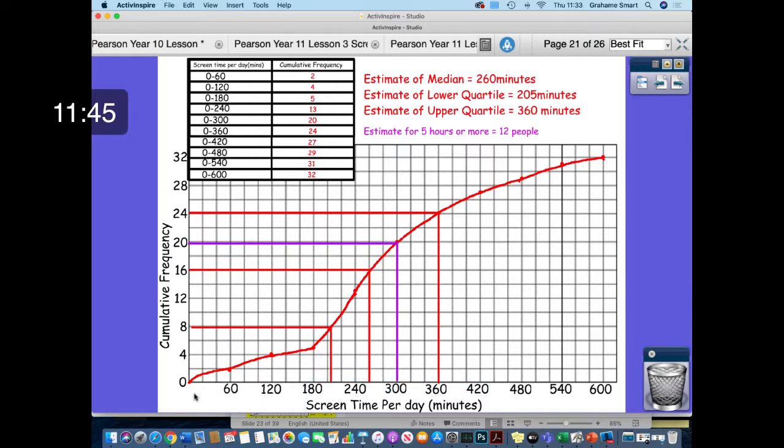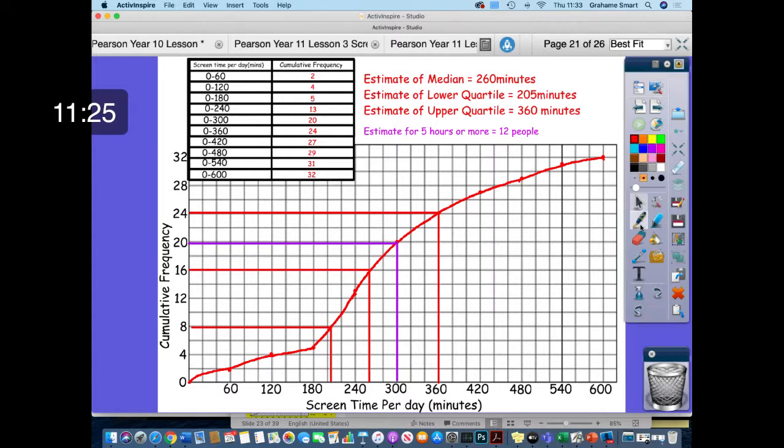And then the other question was to work out the number of people that were 5 hours or more in front of a screen. So what I did was 5 times 60, because I need it in minutes. 5 times 60 is 300 minutes. So I focused on the 300 minutes here, and I've drawn a line straight up to where it meets my curve, and it meets here. You can clearly see it meets here. And then I've gone along horizontally. It's worked out quite nicely because it's bang on 20,